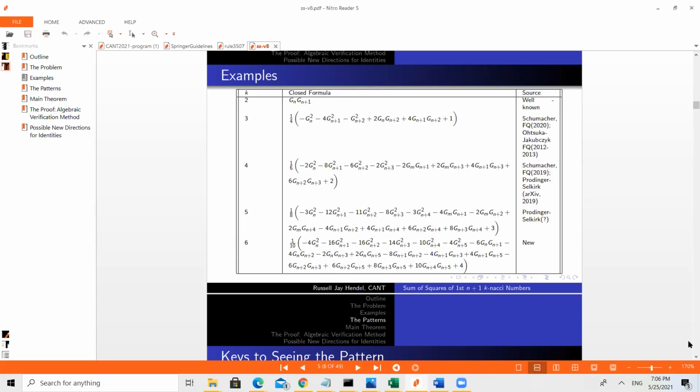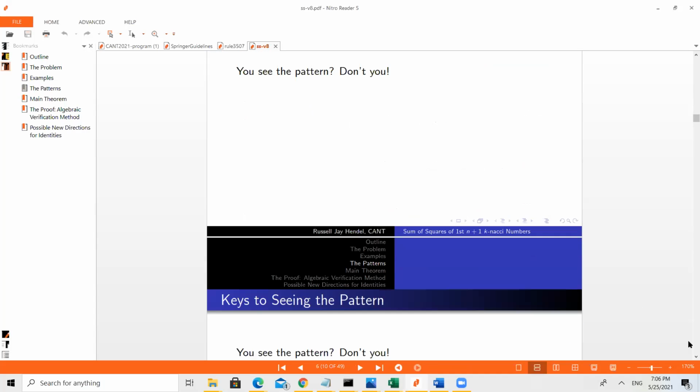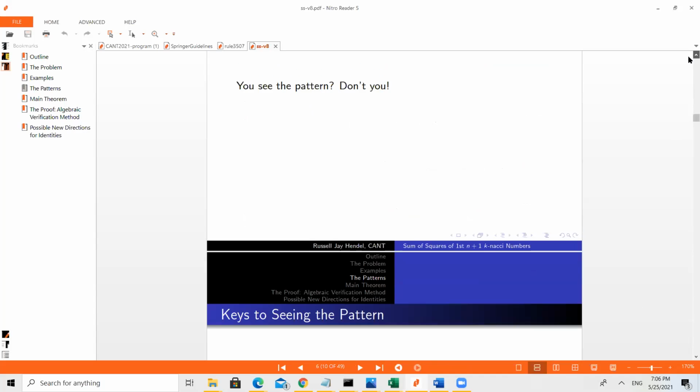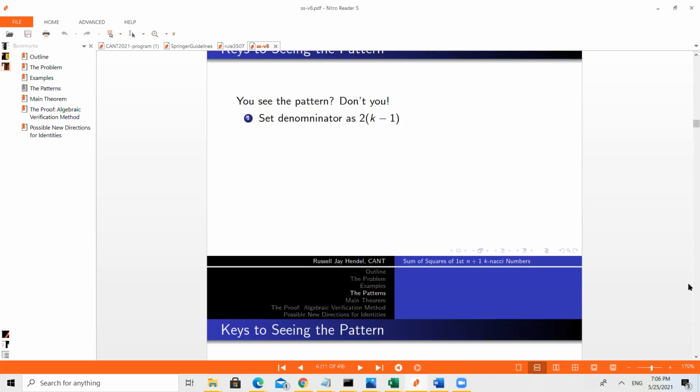And when you deal with Fibonacci theorems, there are 2 parts. One is discovering it, one is proving it. Sometimes the proof is simple, sometimes the discovery is simple, sometimes they're both hard, as happened in this case. So this is the joke. You see the pattern. I mean, it's a rhetorical question, but